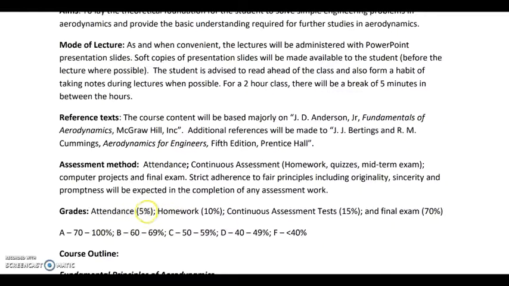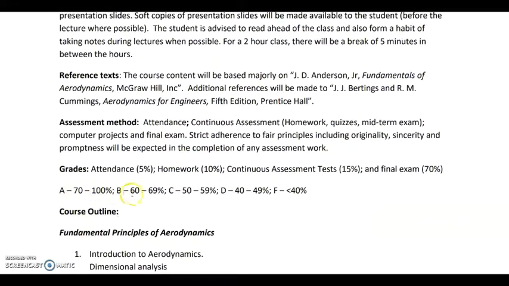There's going to be 5% for attendance, 10% for homework, 15% for continuous assessment tests, and then 70% for the final exam. And this is the mode in which the grades will be determined. 70 to 100% will be classified as A, 60 to 69% as B, 50 to 59% as C, and D 40 to 49%. Below 40%